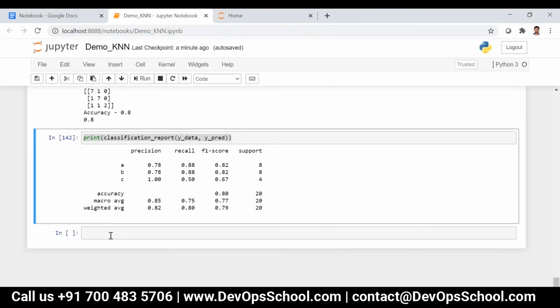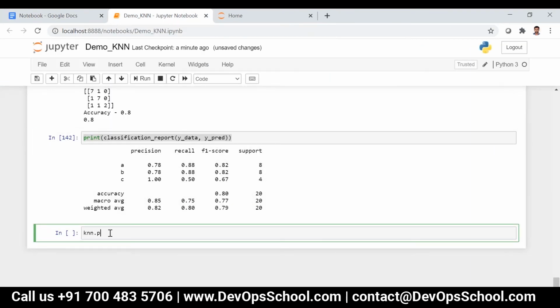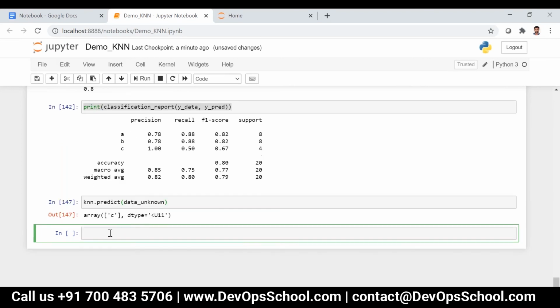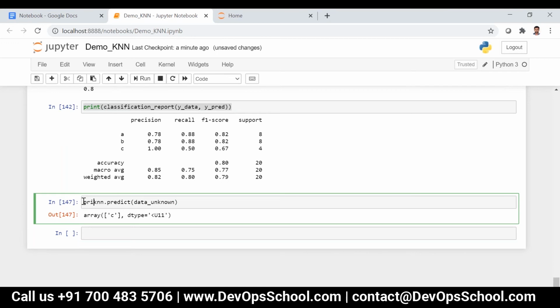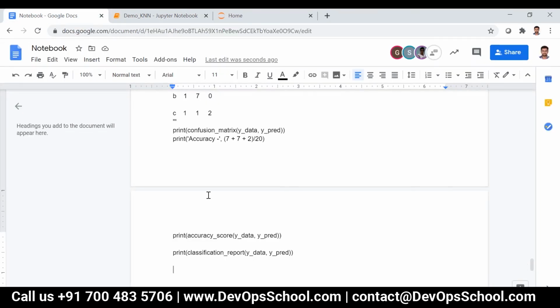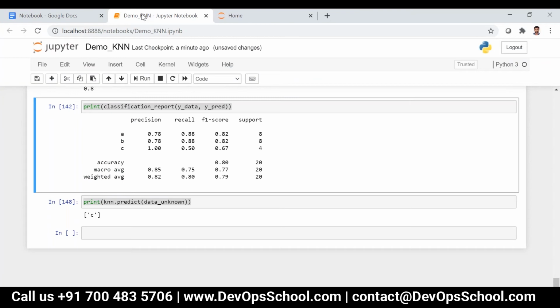So I can just say knn.predict of data_unknown. So I'm getting C. I'm getting C as the output. So please let me know once it is done. We will see that one hot encoding and then label encoders.